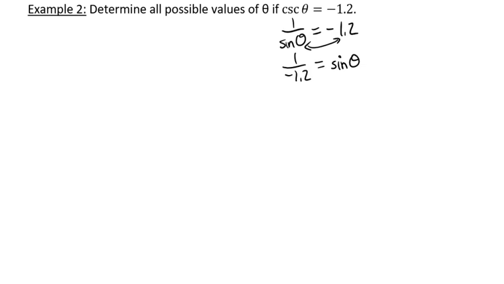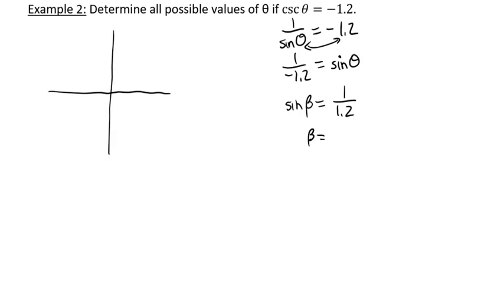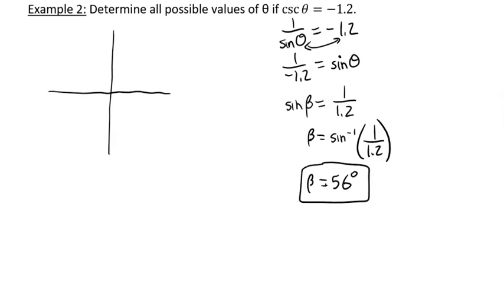You might wonder, well, why do mathematicians do this? Well, they do that just to make things easier to write so they don't have to write a fraction. Really, that's all it comes down to. So sine theta is equal to that. Well, if I try to determine what the related acute angle was, I'm going to start by saying sine of the related acute angle is going to be the positive ratio, so 1 over 1.2. And if I calculate what the related acute angle is, I take sine inverse of 1 over 1.2, and what I get is an angle of 56 degrees. So beta is 56 degrees,